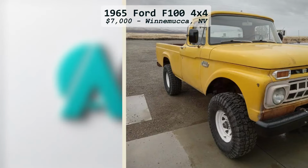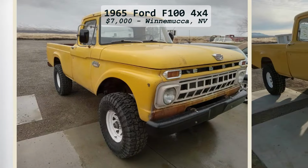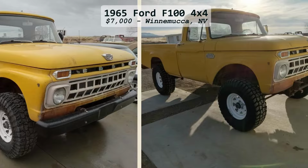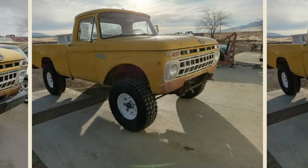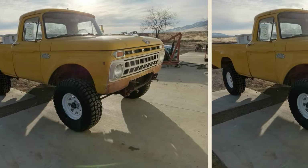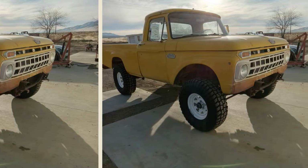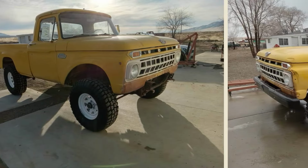Next up, we have a 1965 Ford F100 4x4, a robust and dependable pickup with a strong inline-6 engine and manual transmission. The truck has been well maintained with new tires, a fresh carburetor, and recently replaced wheel bearings, brakes, and fuel pump. With 101,000 miles on the odometer, this classic still runs great and is ready for the road